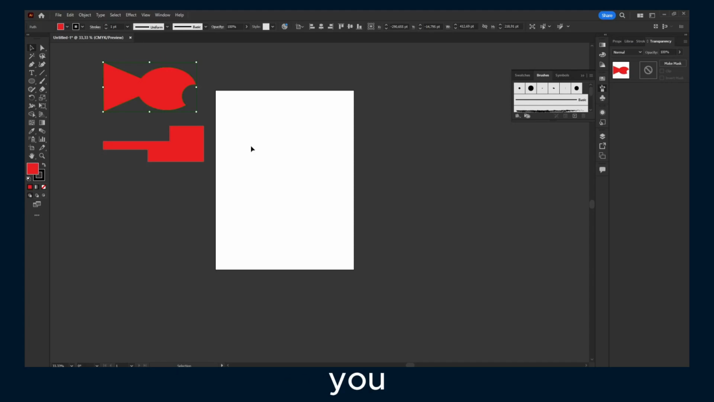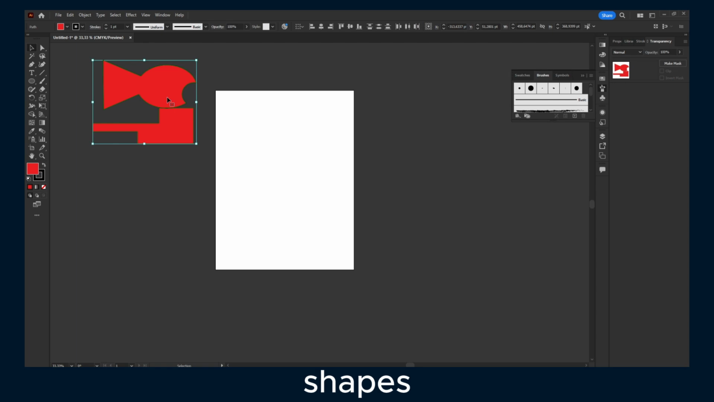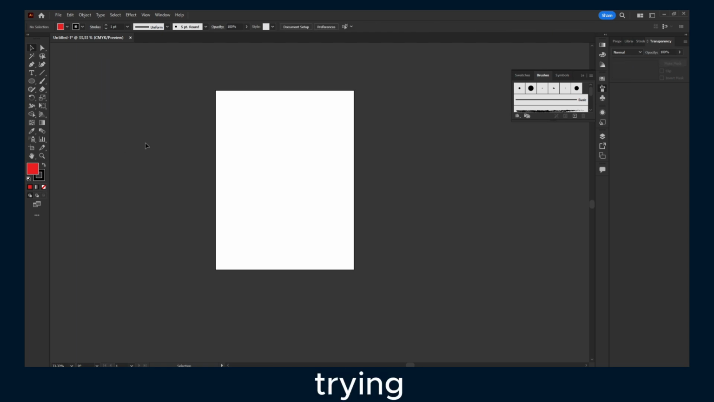In this video I'm going to show you how to merge shapes in Adobe Illustrator. Alright, so here I have a couple of shapes, but what I'm trying to show you in this video is how